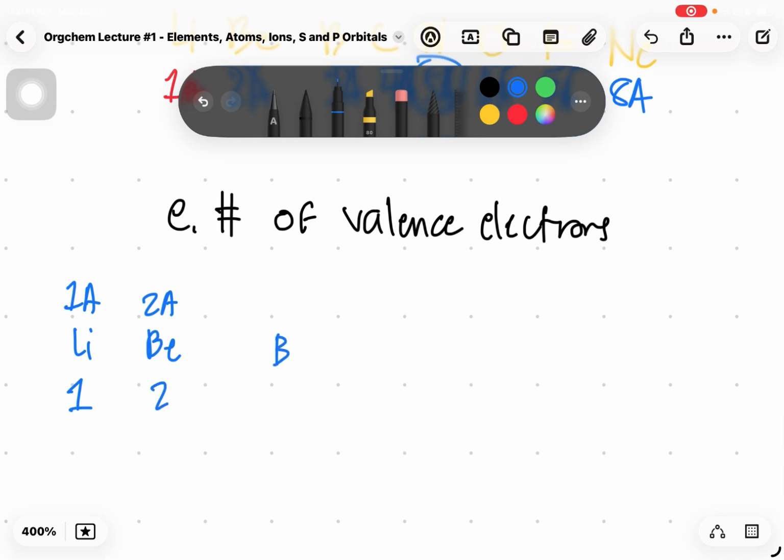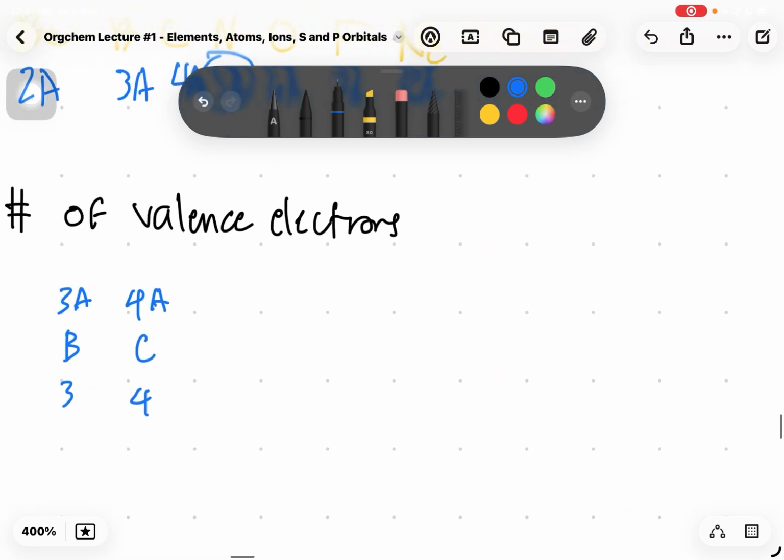If boron is in group 3A, we would have 3 valence electrons. Carbon at 4A means that it has 4 valence electrons. So for our nitrogens, both N14 and N13, we would have 5 valence electrons,